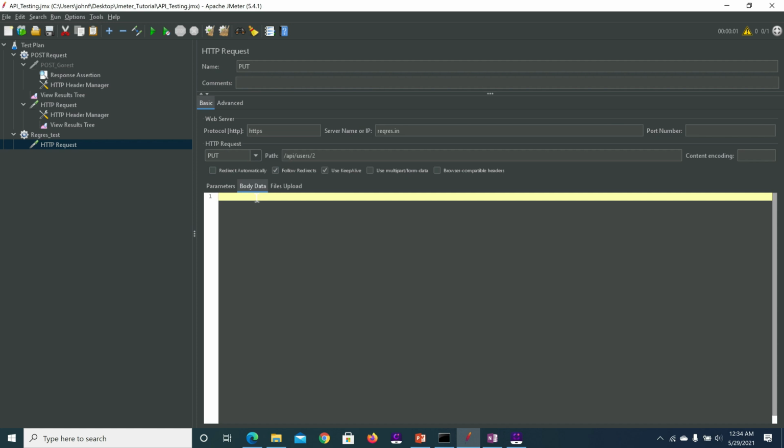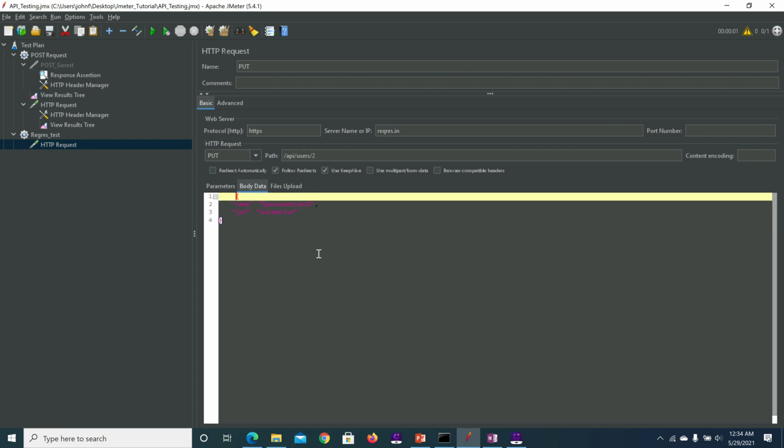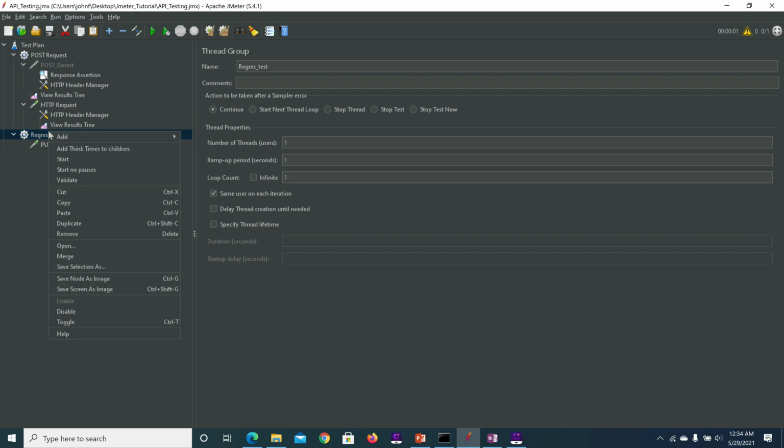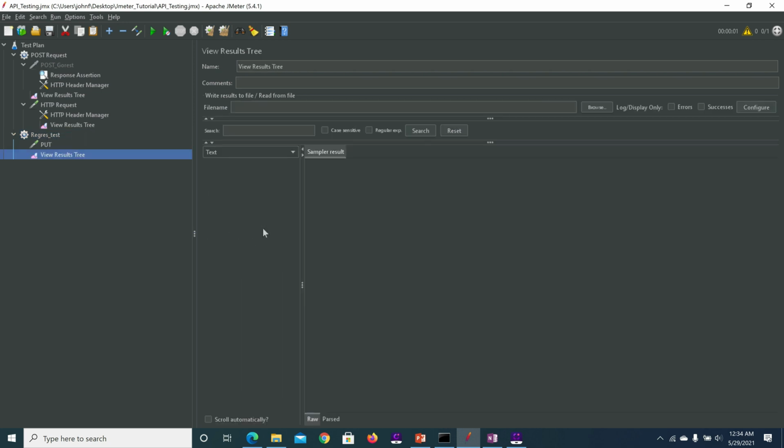So I'm mentioning here in body data, saving the test plan, and I'm going to create a listener at this thread level, view results tree. Saving the test plan, running the test plan now.